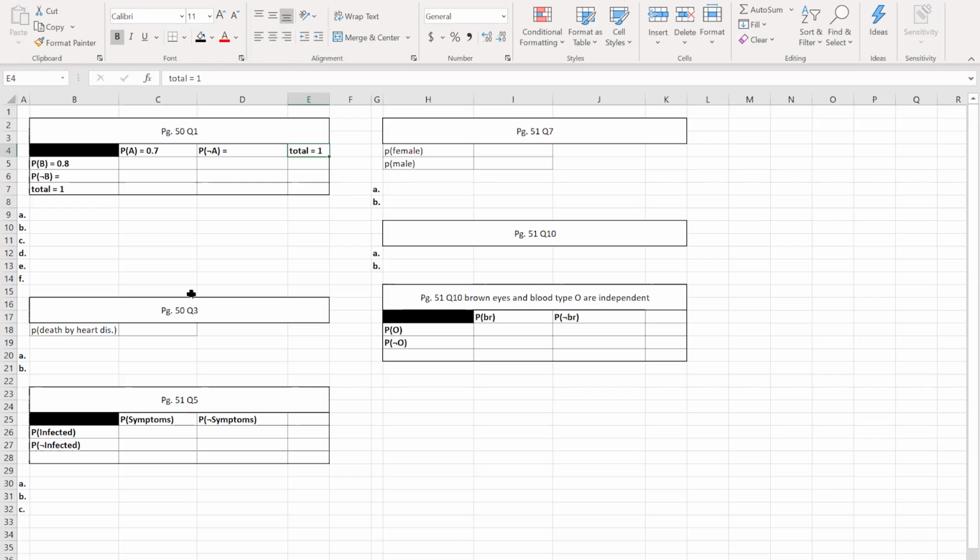So the first one, I'll do the first one with you. It's on page 50, question 1. So we are told A and B are independent events. Independent events means that A can happen, B can happen, doesn't matter. A and B can both happen. And the probability of one happening doesn't change the probability of the other. We're told the probability of A is 0.7. So I've got that up here. A equals 0.7. Probability of B is 0.8. And then we're asked,